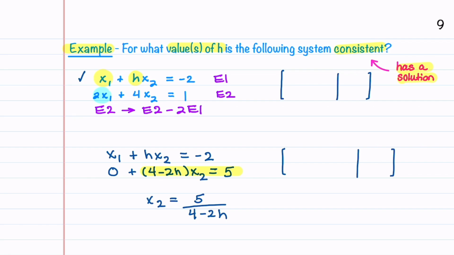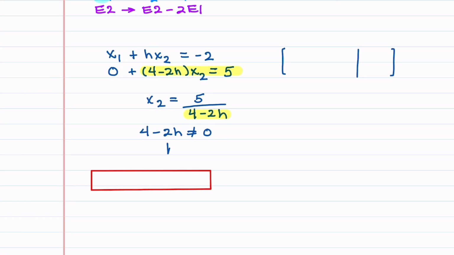In order to have a solution, our denominator cannot equal 0. So we're going to have to say that 4 minus 2h cannot be equal to 0, and that gives h cannot be equal to 2. So our answer is going to be that our linear system will be consistent for all values h